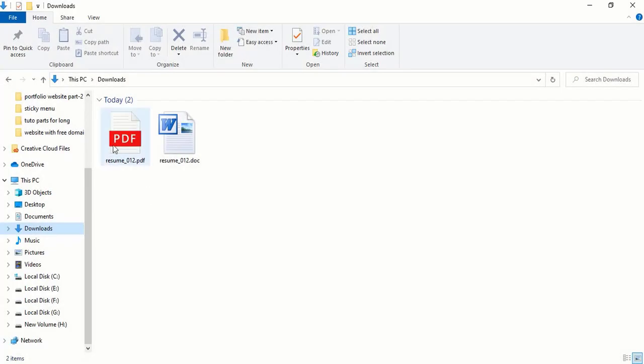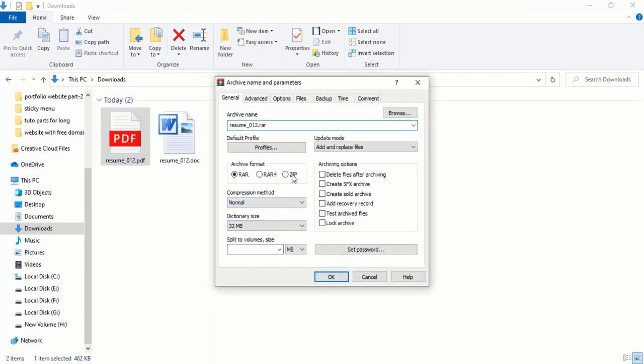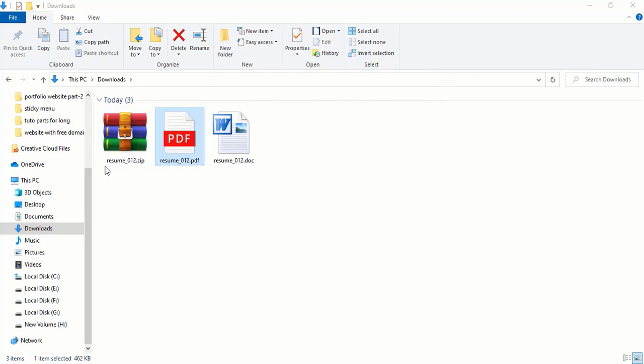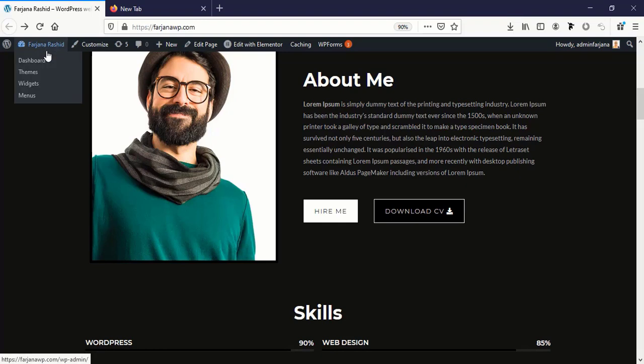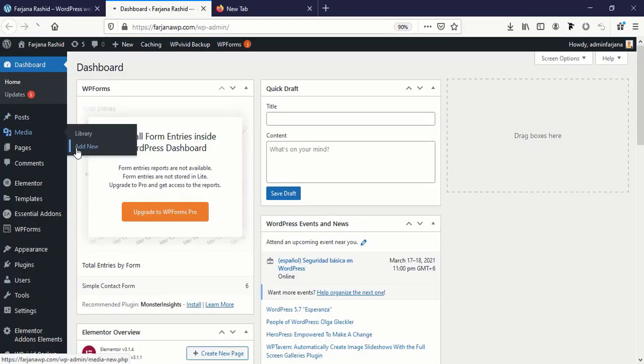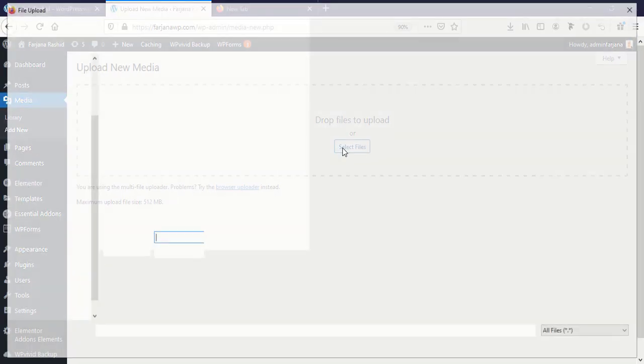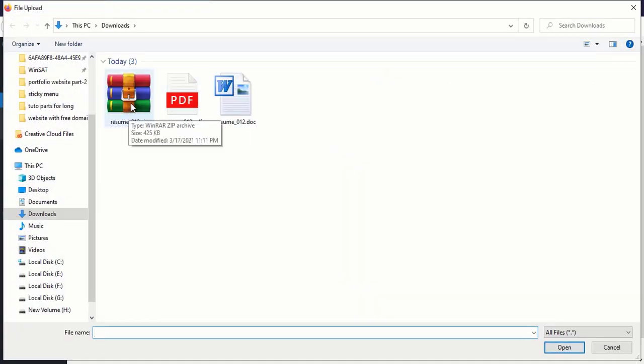For example, here is a demo CV in a PDF format and in a doc format. So for this time I am making this file as a zip file. For example, this one I am making it to add to archive and making it to zip. And now I'm going to upload this zip. So for that, I'm going to the dashboard again, going to media and add new and select file. Now I'm going to upload this one,